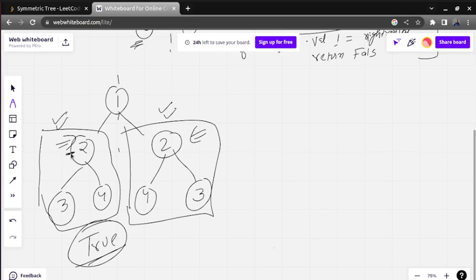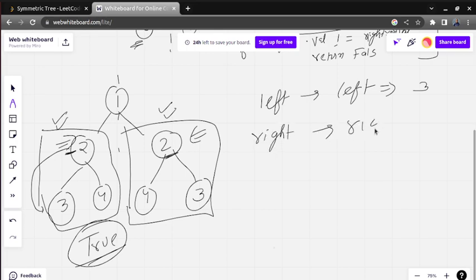Suppose this is our base root, so left is 3, and here right is also 3. Basically we need to compare left root's left child with right root's right child, and if they are equal then it's okay.